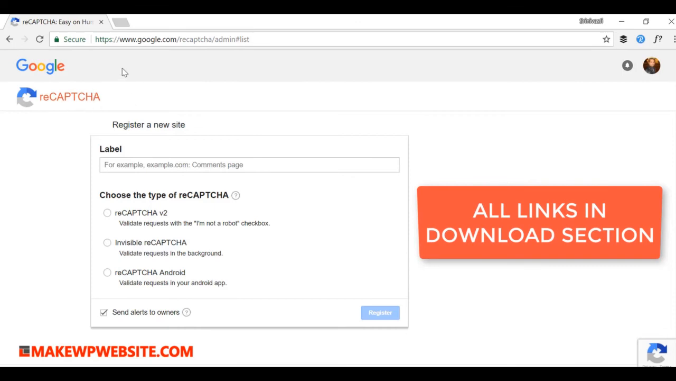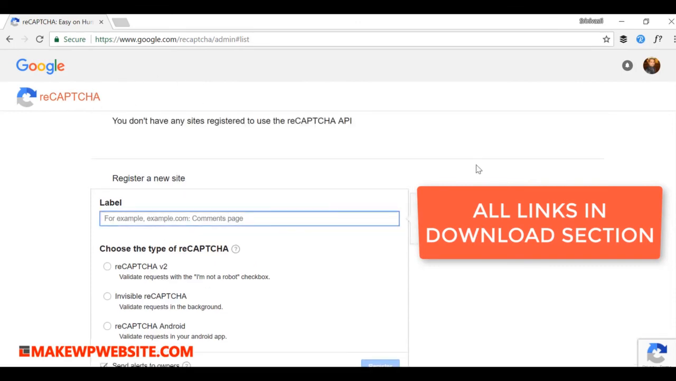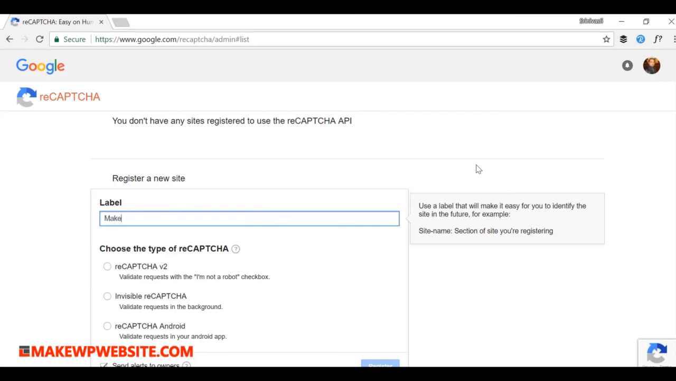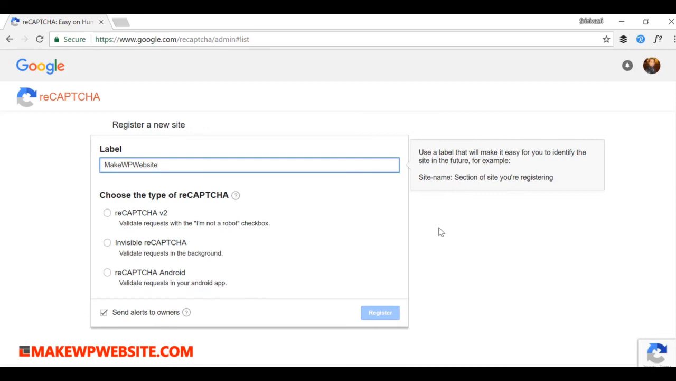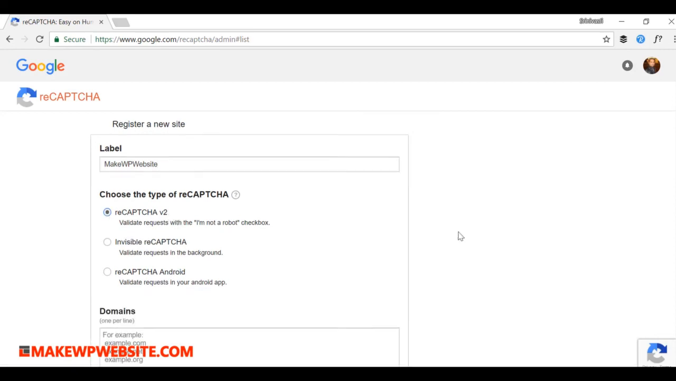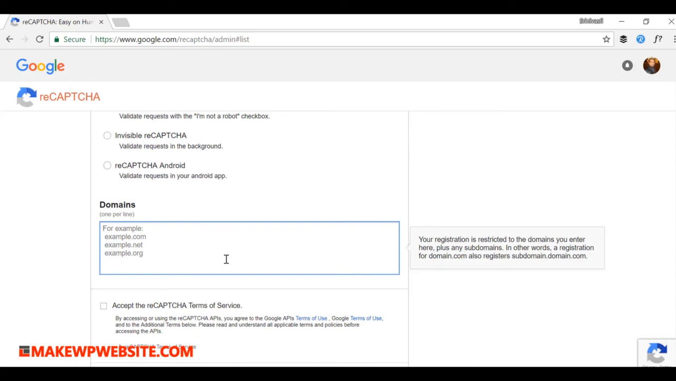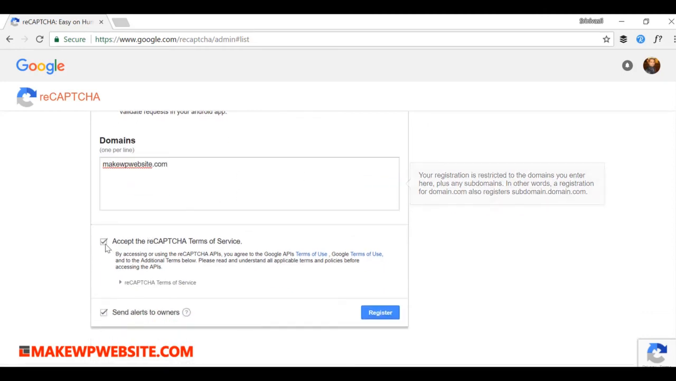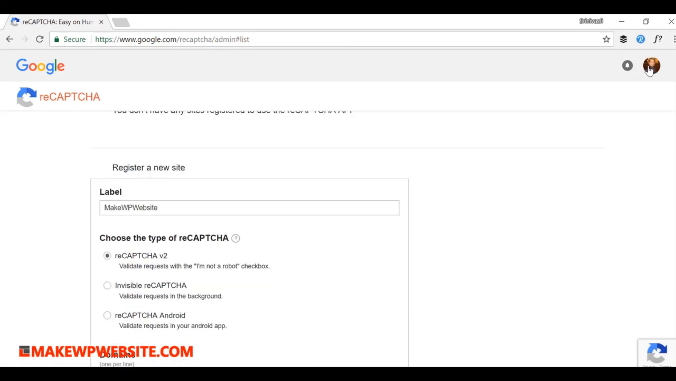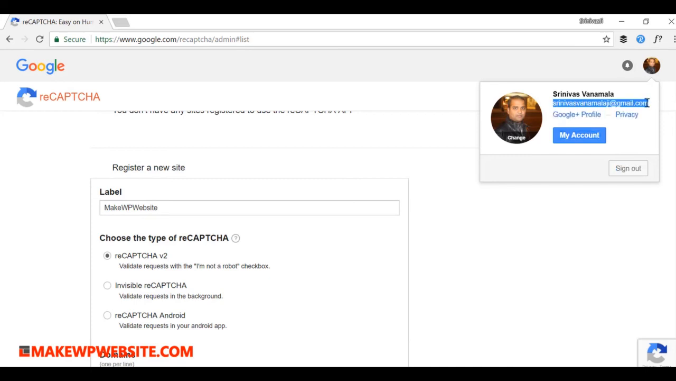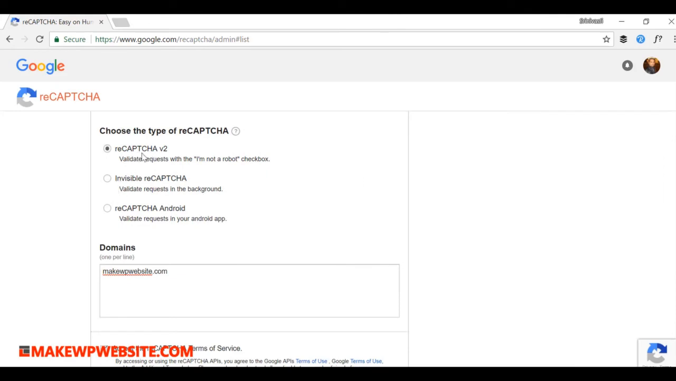Okay, so we are in the reCAPTCHA page. You can put a label. I want to use version 2. Then I can enter my domain name. If you have HTTPS, make sure you mention that HTTPS. You accept the terms and conditions, and you can send alerts to the owner. That's our email ID. Make sure you're logged in with the right email ID, because this email ID will get the alerts. Okay, and make sure you select version 2